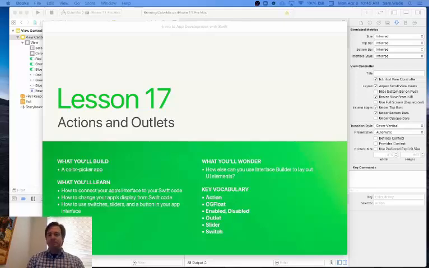And we'll be looking at today, at least, how to create your own app and working with what are referred to as actions and outlets, which basically is using Xcode. How are we going to connect what's on the screen to what's in our code? So I'm going to start here by looking at what a finished product of the app looks like,